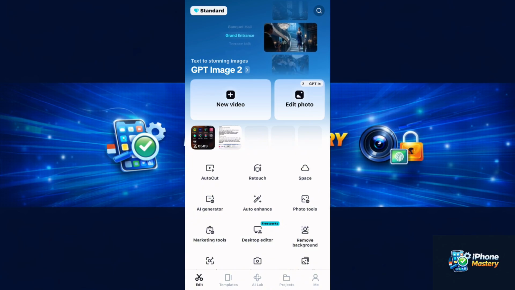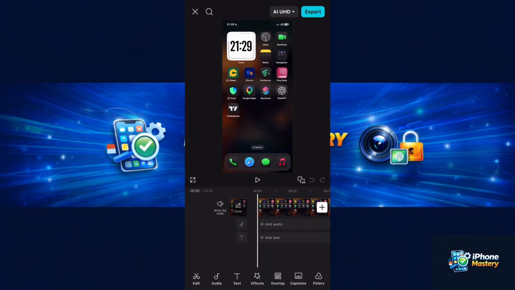So once you open up your CapCut, you want to look for the project you want to export. So let's tap on the project. So let's say we want to export this. So guys, this is the project that we want to export in this tutorial. So what do you want to do? Maybe you are done. After you are done editing your videos, this is the first thing I want you to